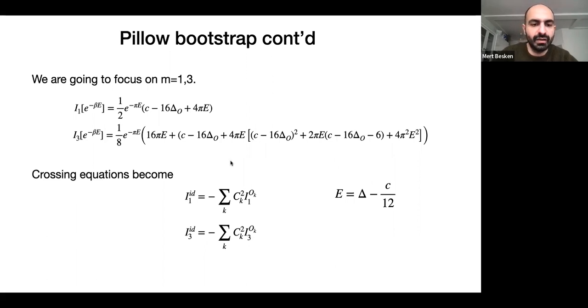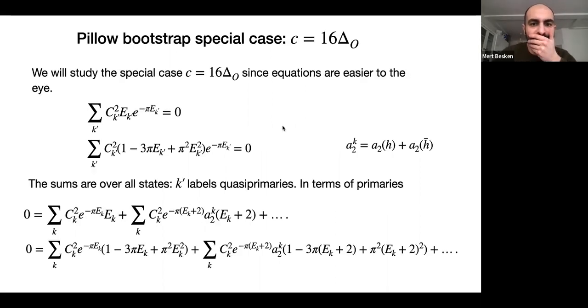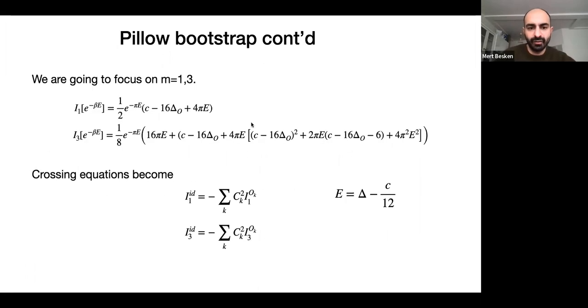And the crossing equation just becomes the identity block contribution is balanced by the entire spectrum of the theory like this. Okay, this will be hopefully clearer here because now I'm going to simplify. So these